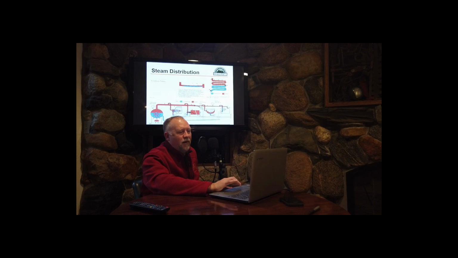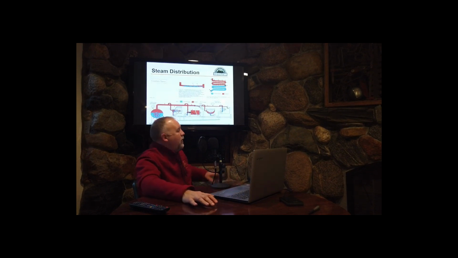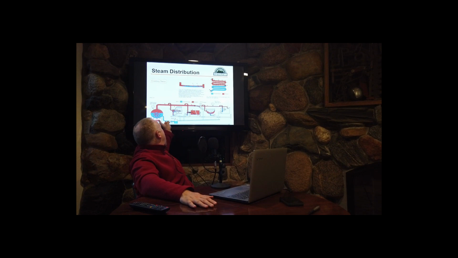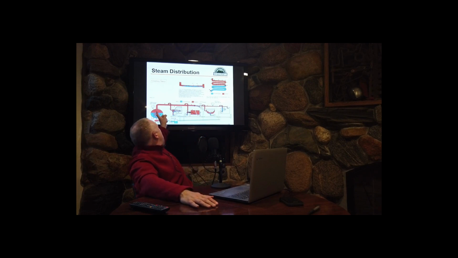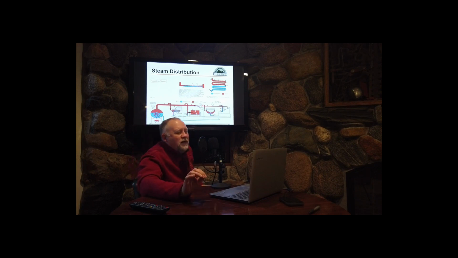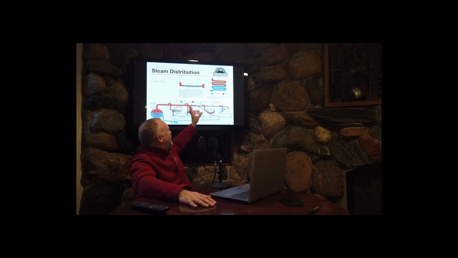All right, let's look at a little bit better schematic of steam. We set some fuel on fire. We've got a tank. We turn it into steam. That's the red part. We transmit that to whatever we're using it for, like a coil or a radiator or whatever that is. So notice the steam comes off the top, and each one of these taps comes off the top. We're trying to make sure that we get pure steam and no liquid vapor, because if there's liquid in here, that can damage the pipes.